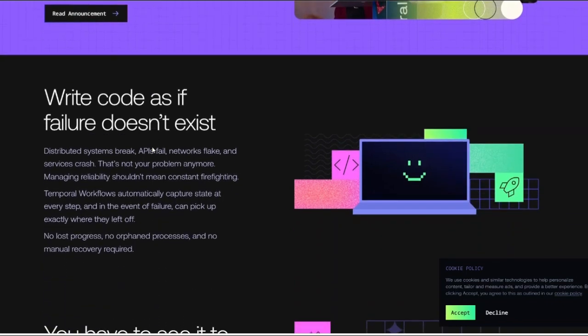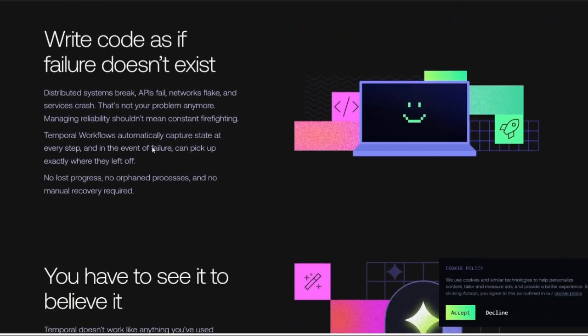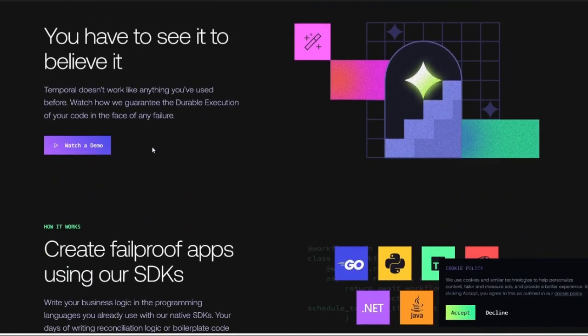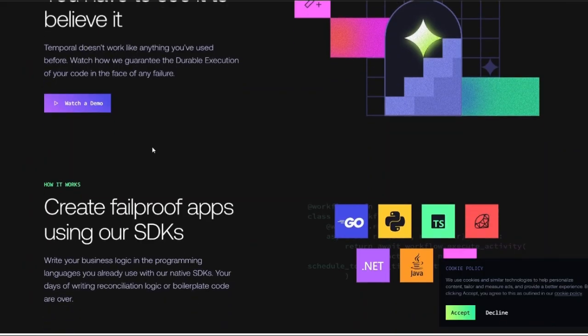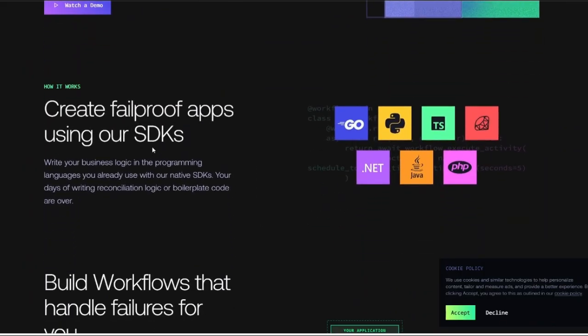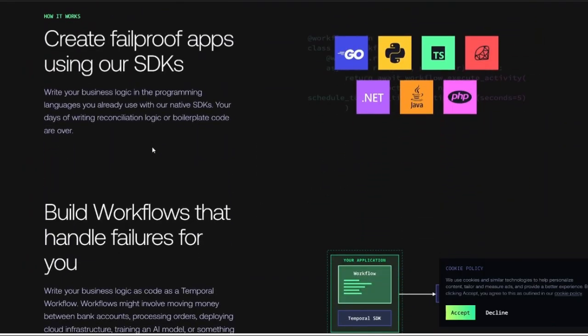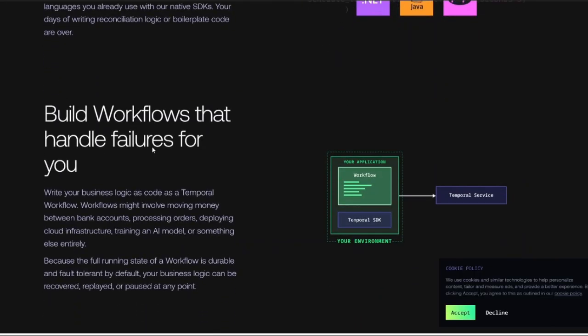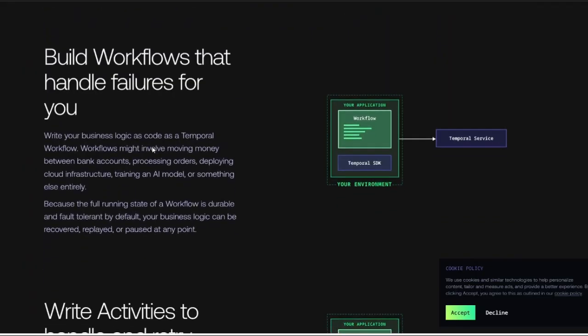Temporal is the most heavy-duty of the three. It works like this: you define workflows, inside workflows are activities, then everything is recorded as an event log, and if something crashes, Temporal replays the workflow from history. It gives you insane durability. It's used in large-scale systems, think fintech, infrastructure, and high reliability systems.